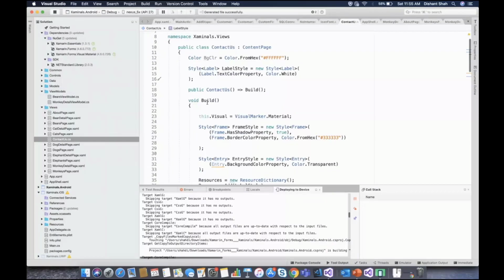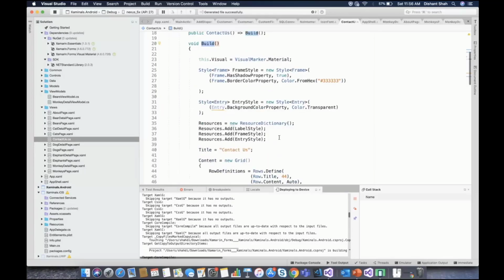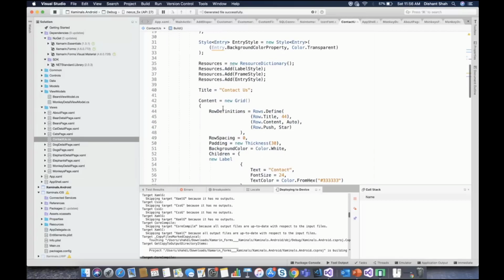What this build method does is construct your entire UI. I have set the visual state to material, and there is this frame, and the most important thing is the grid. This grid has three row definitions. In that I have three rows: title, content, and push.